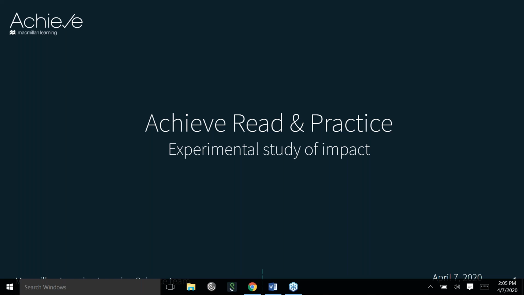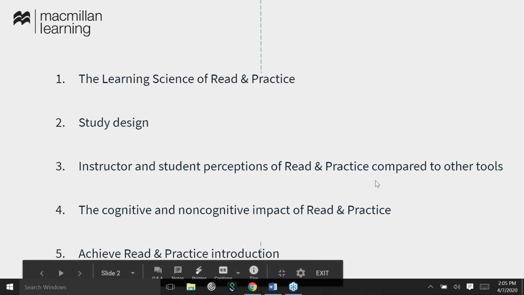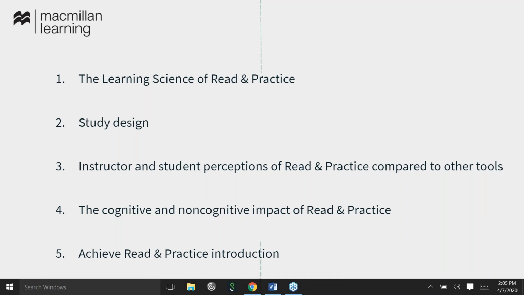I just want to highlight some of those learning science foundations of Achieve, Read, and Practice and how we have worked to validate them. So we'll be talking about those foundations. I'll quickly go over the study design. We'll then talk about instructor and student perceptions of the tool, the cognitive and non-cognitive impacts of Read and Practice,